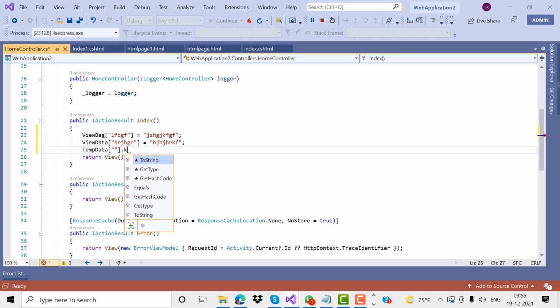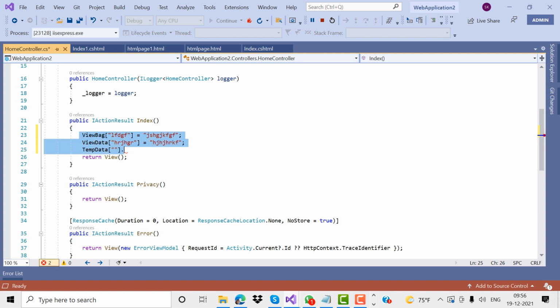The TempData dot Keep function is there to keep the value. The Keep function maintains the value only up to some time, up to multiple controllers' values. This is the way we can maintain the value from view to view, controller to controller.